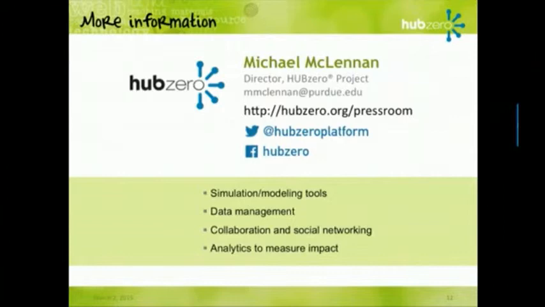If you're interested, there are lots of hubs out there to study. I think there's a ton of data that nobody is looking at. It's kind of sad that we do all of this and generate all this data, and it's not really being analyzed very well, just by a few people like Nosh Contractor. So there are opportunities to jump in. And if you're trying to create this kind of infrastructure, again, the software is free, open source, you can download it and set it up on your own servers. We even have an Amazon Web Services image that you can use to start up a hub too. So I'm happy to take any questions.